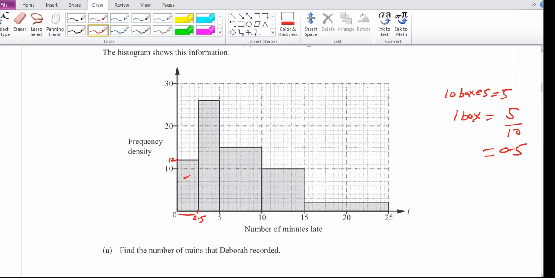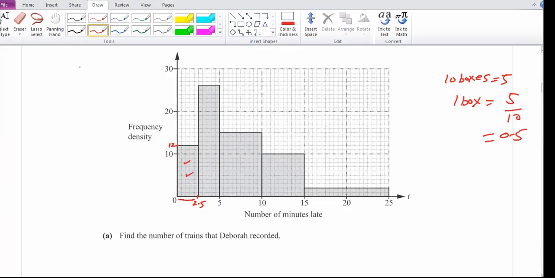Because we have to find the total number of trains, how many trains are represented in this one? This is the formula: frequency will be frequency density multiplied by class width. Now for the first box, the number will be 12 into 2.5 plus